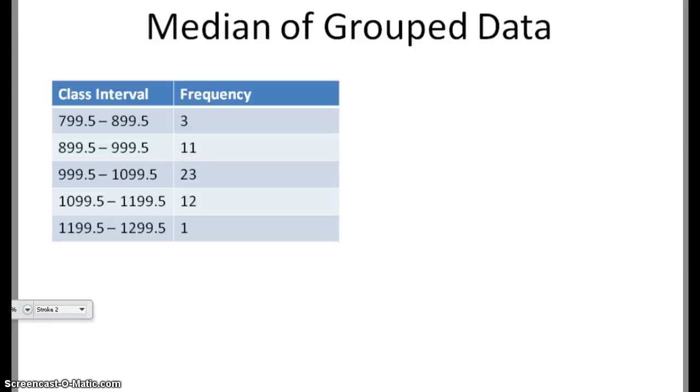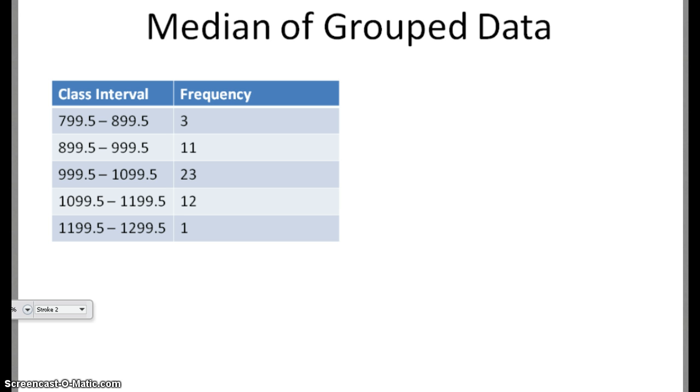Hello, we are going to look at finding the median of group data. I'm actually working with number 15 out of section 11.2 of our textbook. So it's part of the homework problems and I wanted to take time to explain this concept. What our definition tells us is that we want to look at the histogram and we want to look at